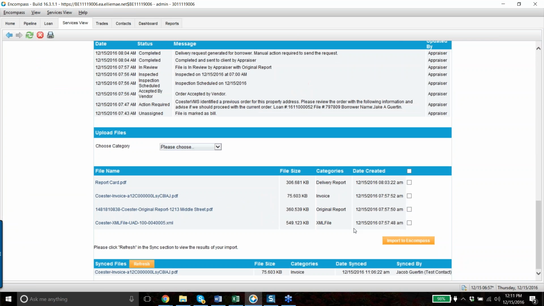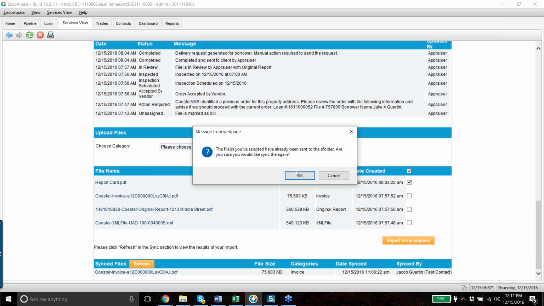Now, for the actual document syncing, all you have to do is either select one or all of the documents in your attachments folder or attachment section. So if I want to select all, I just click the button at the top. And as you can see in my synced files section,